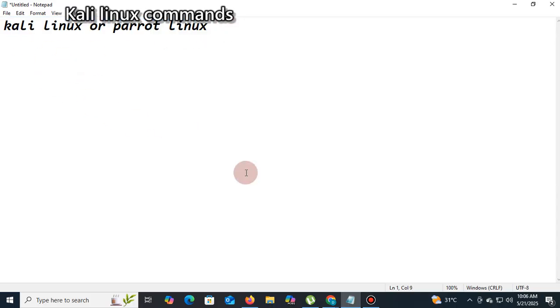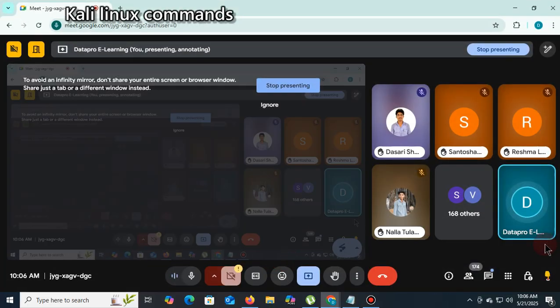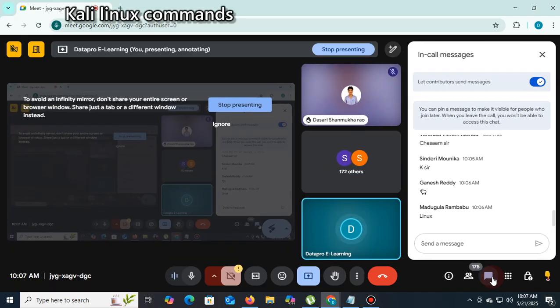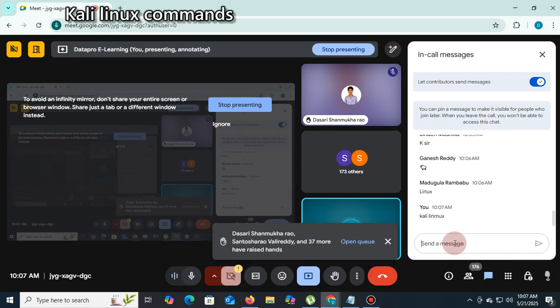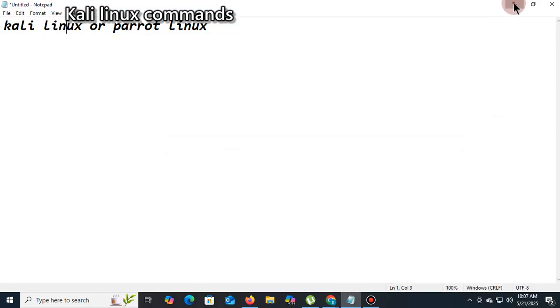Kali Linux or Parrot Linux? For doing hacking practice, which operating system to use? Kali Linux. Okay. So now, yesterday,